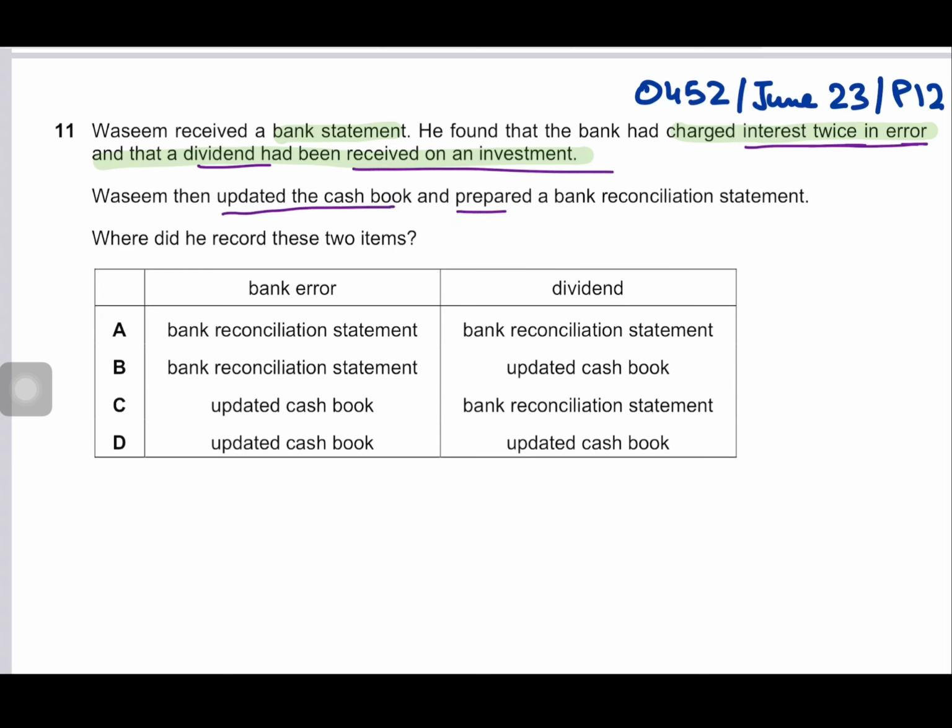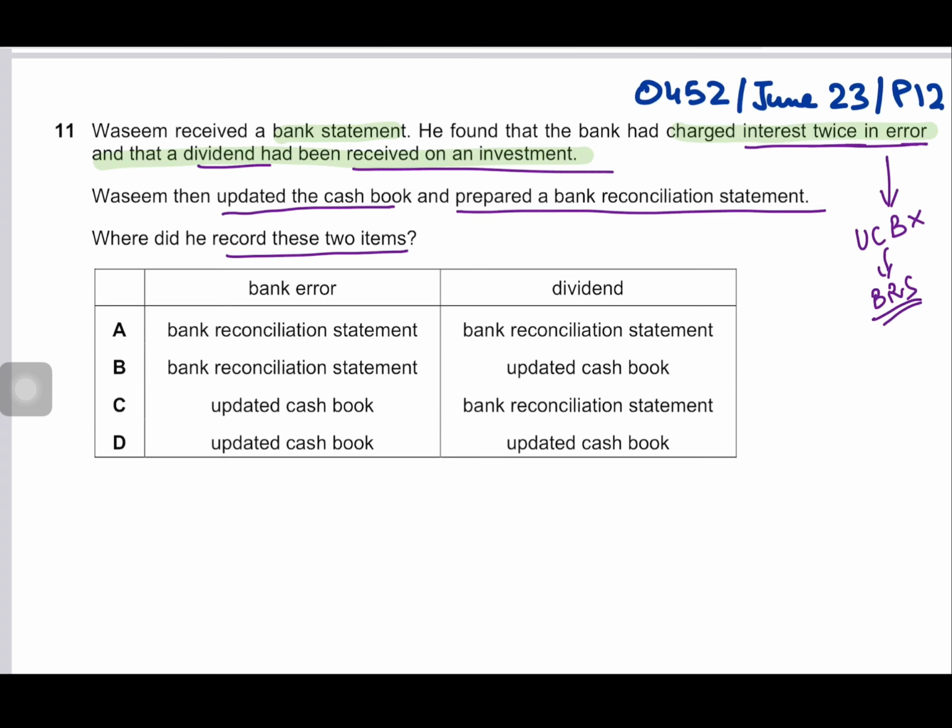Wasim then updated the cash book and prepared a bank reconciliation statement. Where did he record these two items? Okay, so bank interest charged in error twice by the bank, same as the previous question, will not require any adjustment in the updated cash book. Why? Because we will charge it just one time. The error needs to be corrected in the bank statement, and that we do by correcting it in the bank reconciliation statement. We don't change the bank statement, we correct it through the bank reconciliation statement